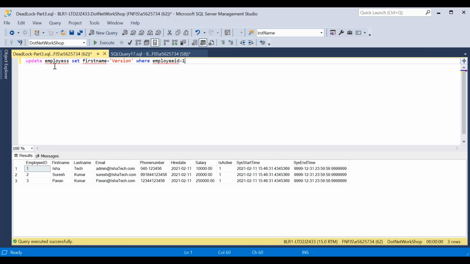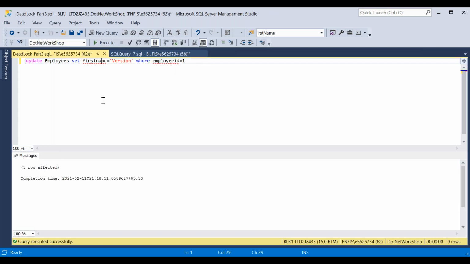What I'm doing here is updating the employees table. I'm setting the first name to version. Earlier that first name is Isha, but I am updating that information to version where employee ID is equal to 1. Let's execute this statement. One row affected. Now let's check the database.